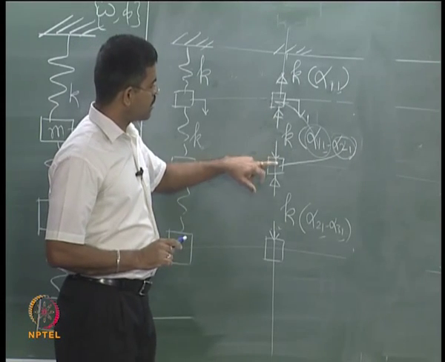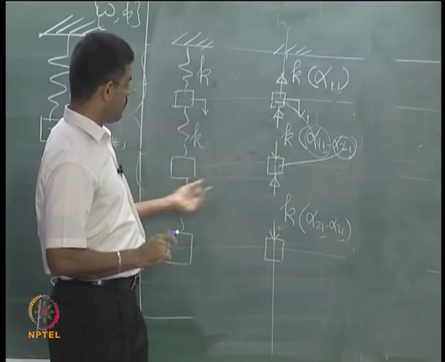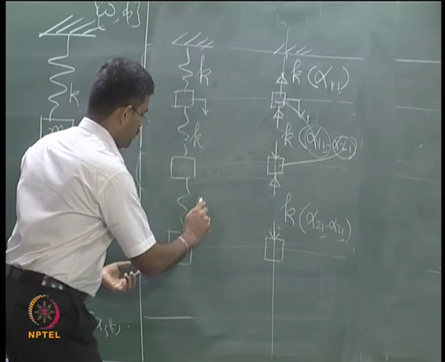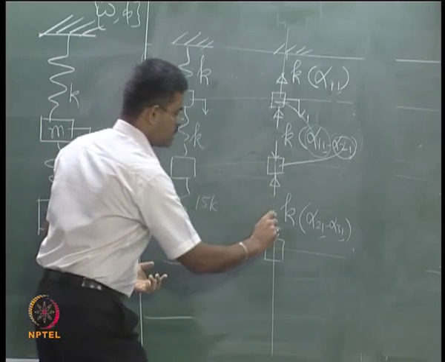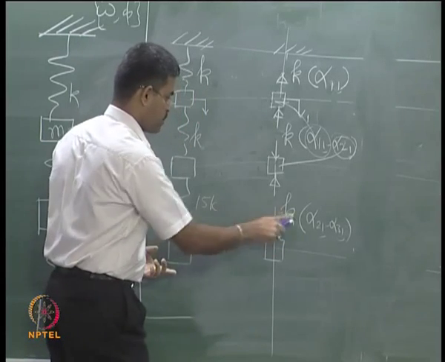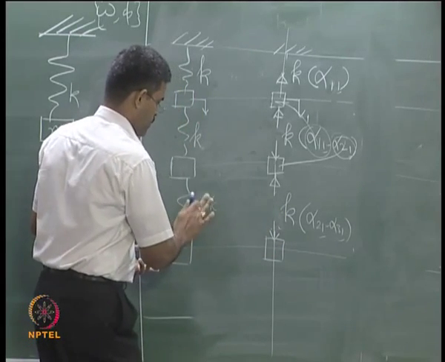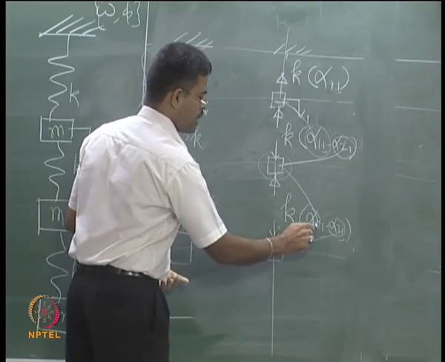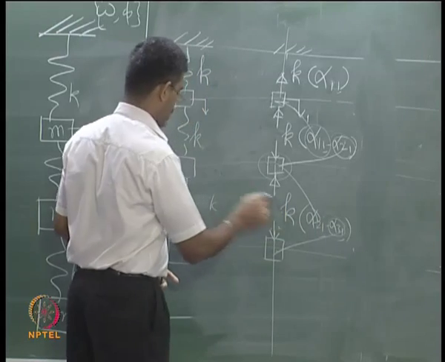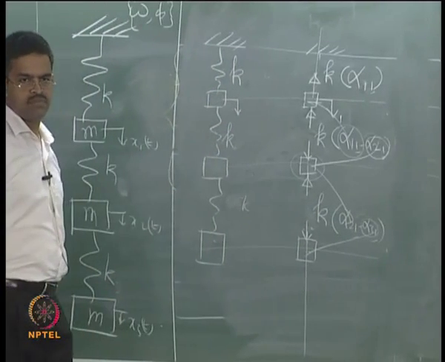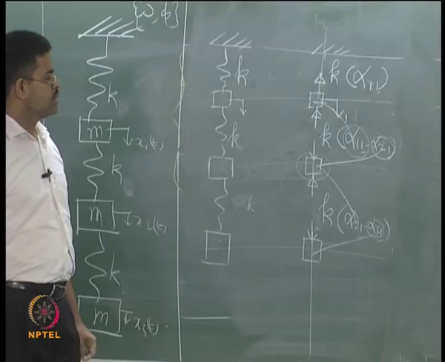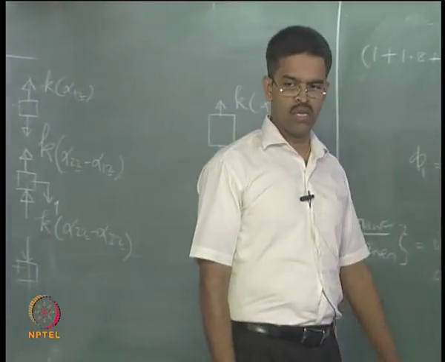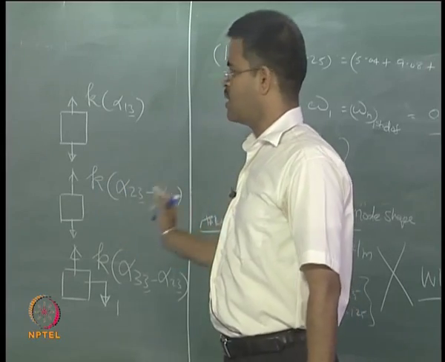Now this force will try to push this mass down, this spring will oppose it. So put the arrow, and if this is, let us say, 15K for example, this will be 15K, same spring, and take this coefficient first, next coefficient next. Why are these two connected? Because this spring is connecting these two coordinates. Same fashion you apply for all the 3 degrees. First understand this carefully, then only we will be able to derive the influence coefficient matrix now quickly.